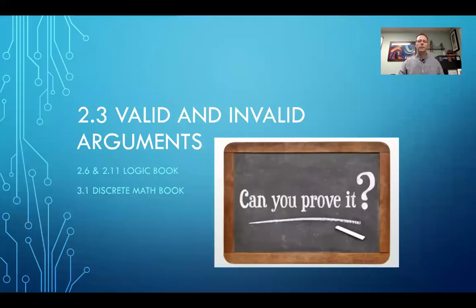And they're happening. There it is, valid and invalid arguments. So what I've done here is I've taken some information from the logic book in sections 2.6 and 2.11, and then a few problems from the discrete math book and lumped them together. You'll get to do some proofs today using logical equivalencies, a little bit from the last video. Then you get to do some proofs, validations of arguments using